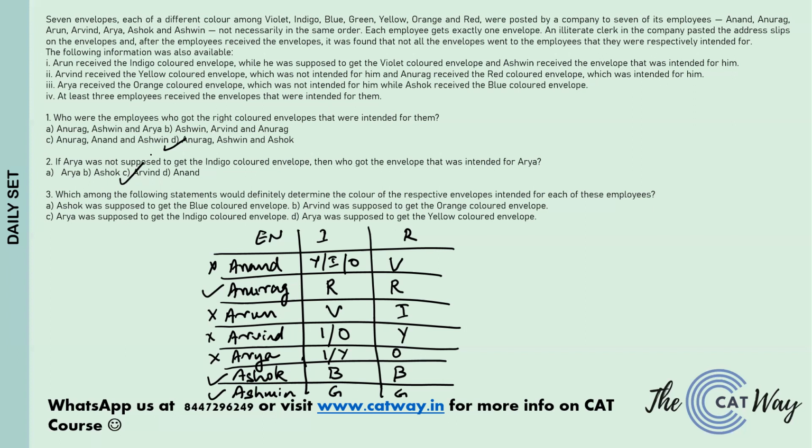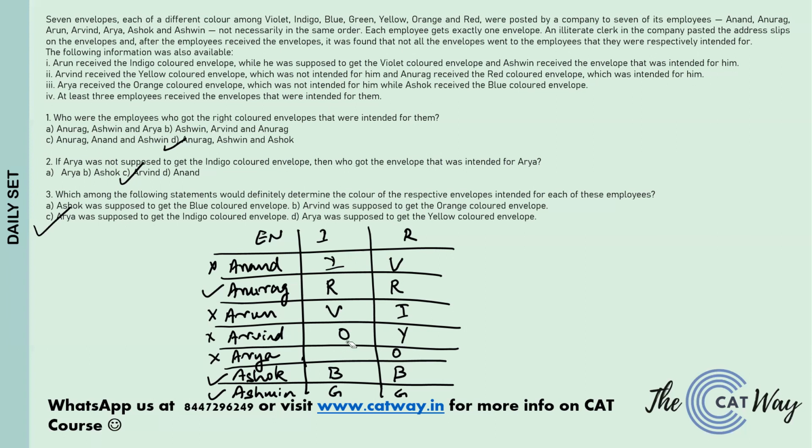Third, Arya was supposed to get indigo colored envelope. Okay, just a second. Arya was supposed to get which one? Indigo colored. So if Arya gets indigo colored, indigo is gone from everywhere. That means we are certain that Arvind will get orange, and it is clear that indigo will be received by Anand. So with the help of statement C,